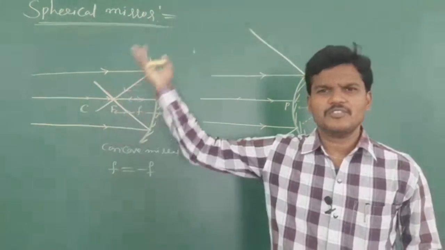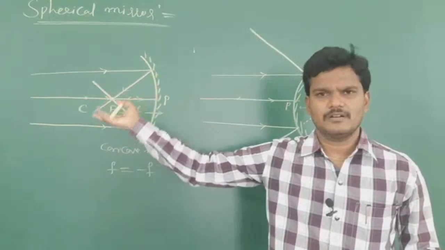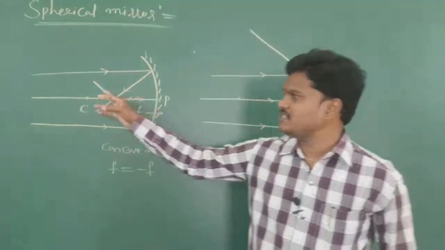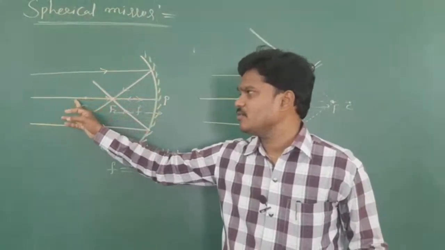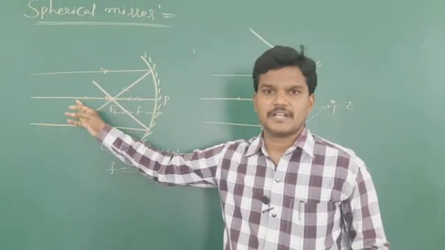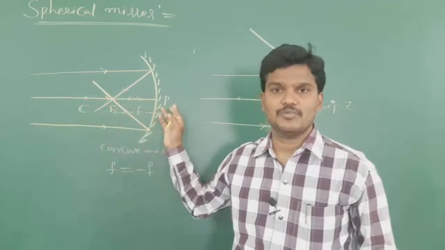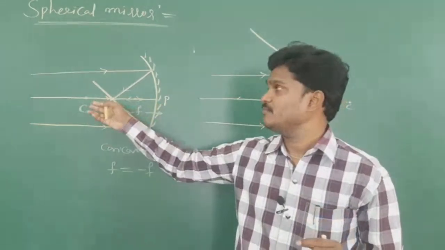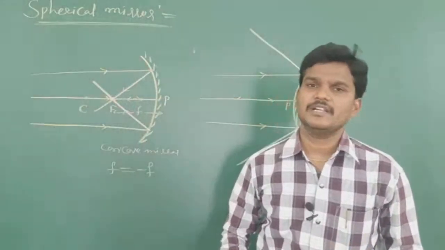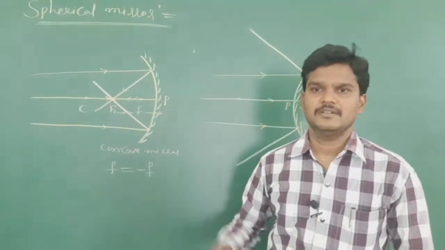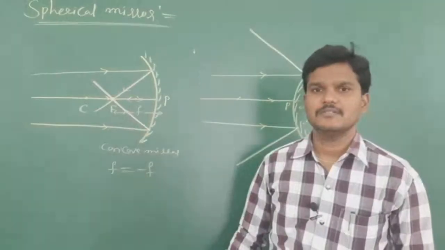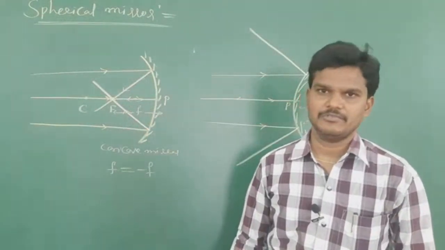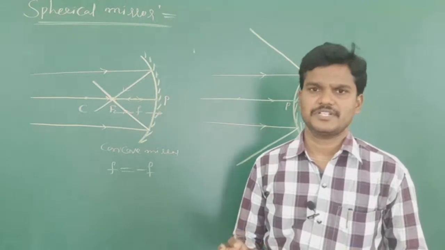Sometimes we will take upward heights, height of object, height of images. Heights above the principal axis, anyhow you know this one, this is called the principal axis. The line passing through the pole is called the principal axis. Heights above the principal axis we will take as positive. Heights below the principal axis we will take as negative. So these are some basic sign conventions.